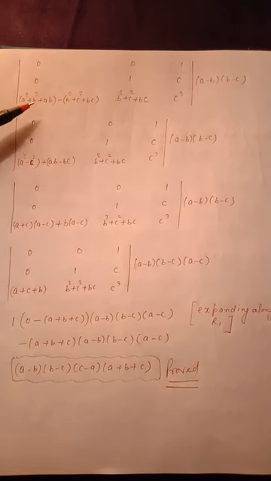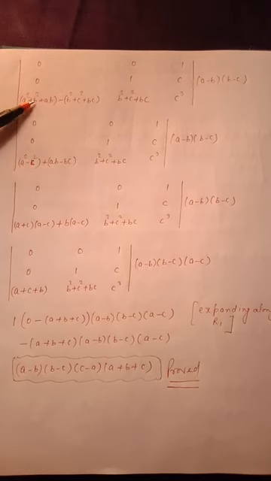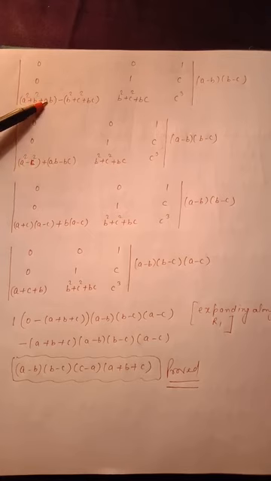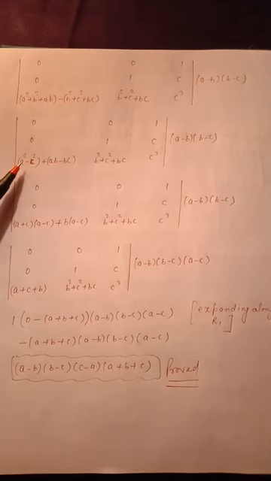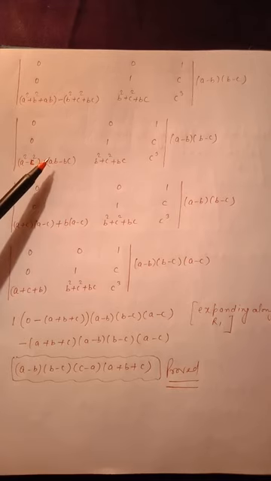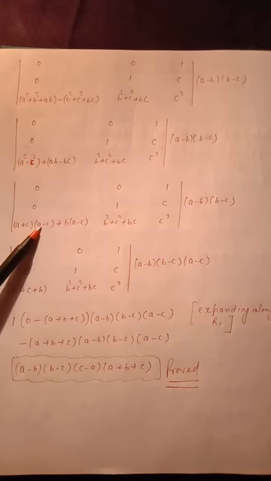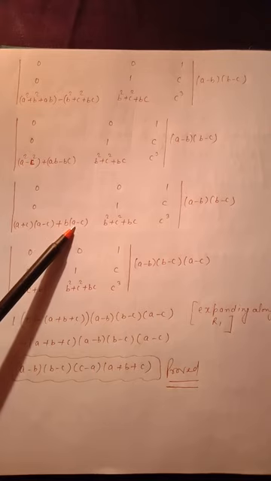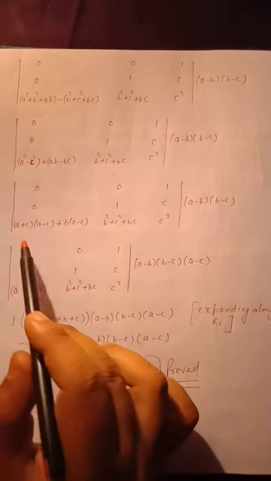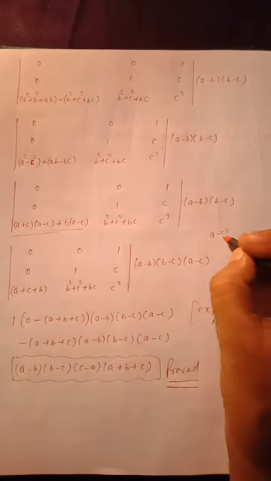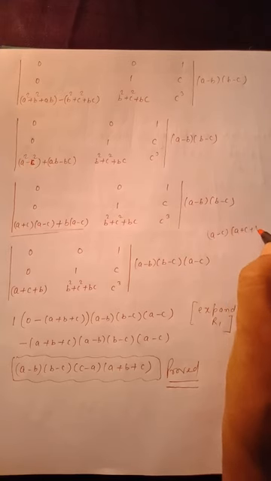Now you can see here when we open this bracket, b square is cancelled. So I am writing a square minus c square in one bracket and ab minus bc in another bracket, and c2 and c3 remain same. Apply a square minus b square formula, so it is a minus c, a plus c, and here which is b, a minus c. So I have written a plus c, a minus c, and b take out common, which is a minus c. Now note this step, if here I am taking a minus c as a common, so I will get a plus c plus b.